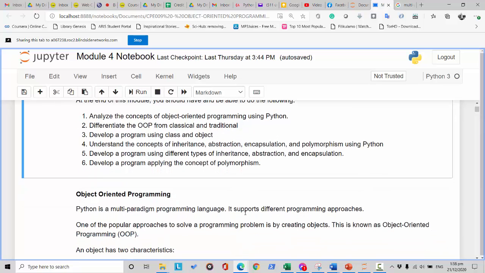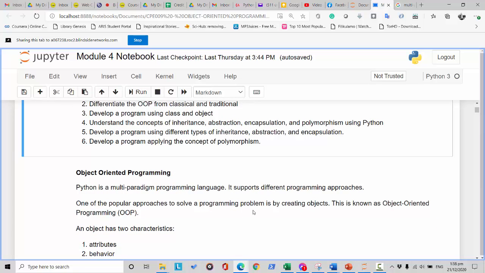So, module number 4 is actually a combination of module number 4 and number 5. Now, I will be advancing the topics since object-oriented topics are covered in module 4 and module 5. However, since you do have a project to submit in module number 6, at the final week, you should be able to understand also how we can